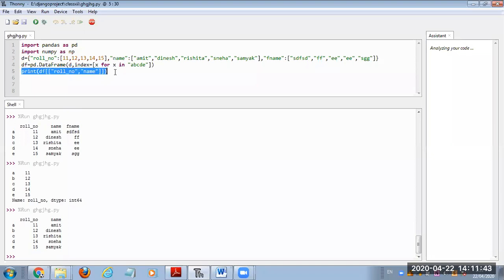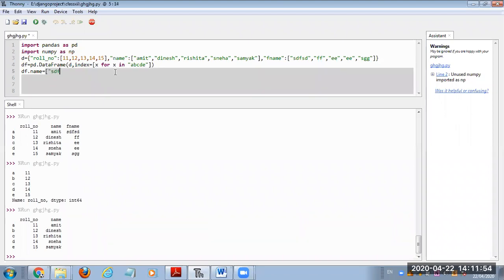Now with the help of this we can change the values of a particular column also. Suppose df dot name equal to, then suppose I'm providing 5 values because there are 5 names inside this. That's it: df dot name equals this.